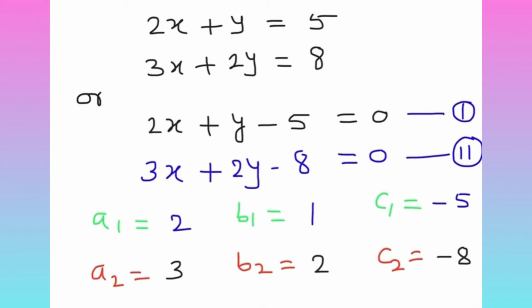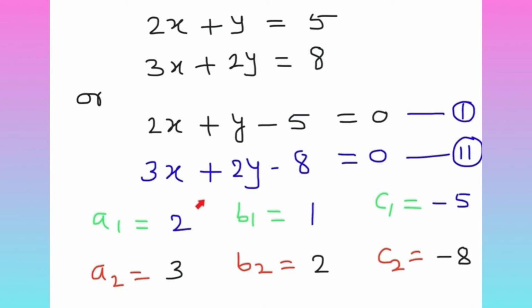So dear, when you write the values of a1 b1 c1 and a2 b2 c2, you will write the coefficient with sign. Here you can see that the value of a1 is plus 2, so you will mark plus 2, and the coefficient of y is plus 1, so you will write plus 1. Never forget to write the sign, but if it is plus, then there is no need to write plus, but if it is negative, then 100% you will write the negative sign in this place.